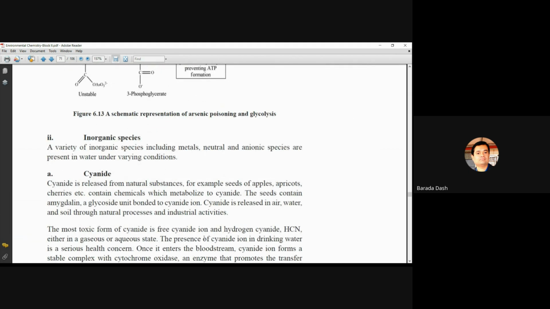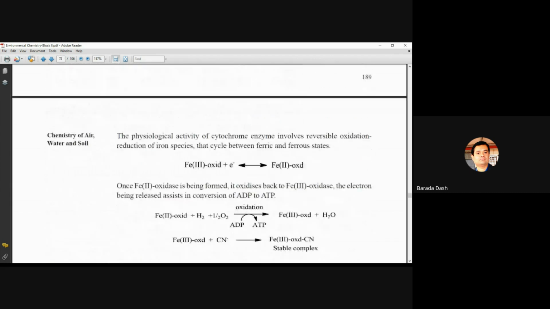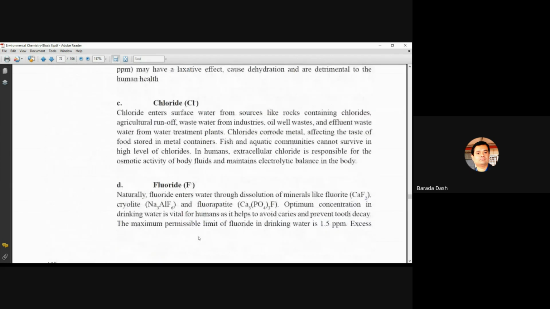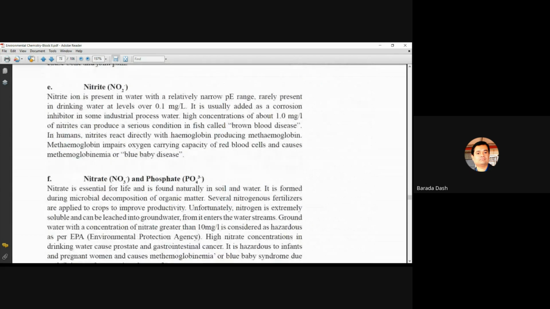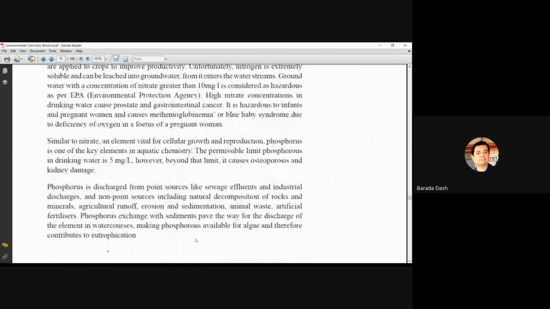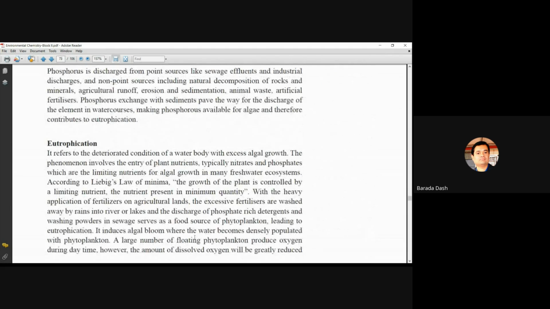Other inorganic species, a variety of others like cyanide, sulfate, chloride, fluoride, nitrite, nitrate, and phosphate, are there. So the eutrophication. Eutrophication means the phosphates, and those